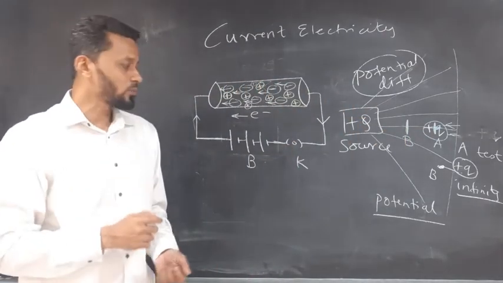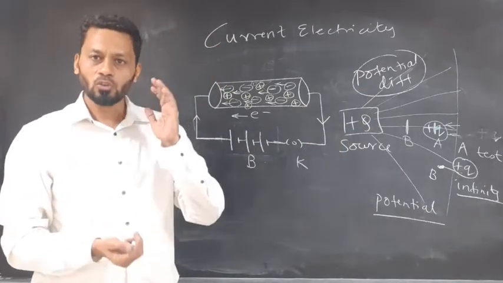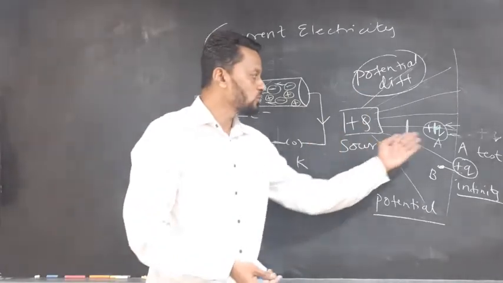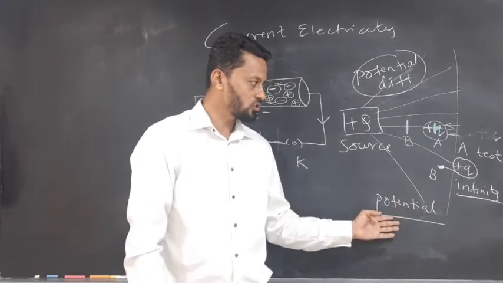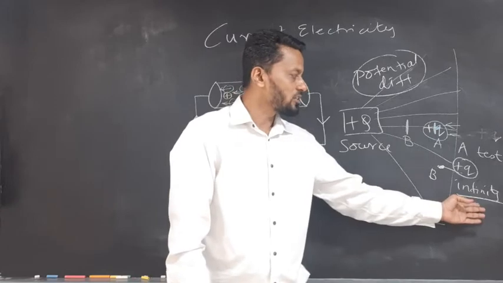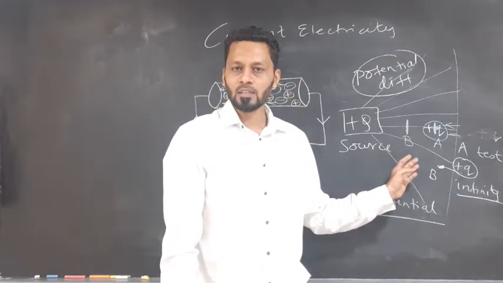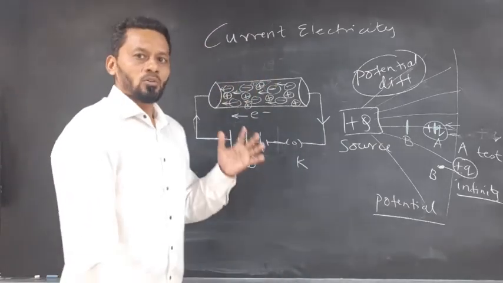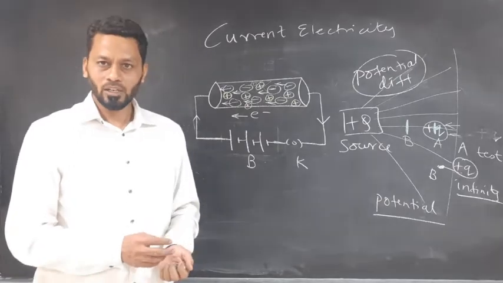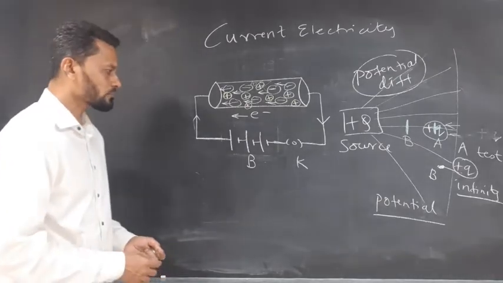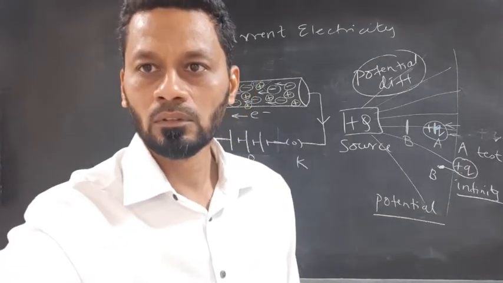So there is a difference between the potential and the potential difference. For potential difference, we always talk with respect to two points in the field. But when we talk about potential, we mean the relation between infinity and a point inside the field. I hope you are getting it. What is resistance? What is potential difference? Okay, let's move ahead.